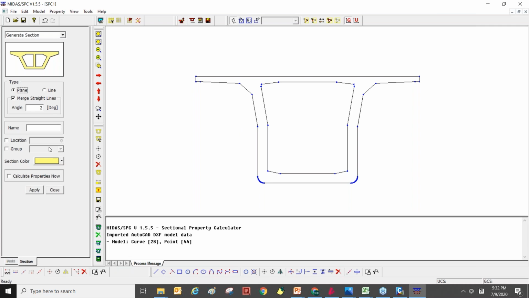So close the section. We will use plain type, and input your name, and you can check on the calculate properties now or not. I will use it, and select the lines and click apply.